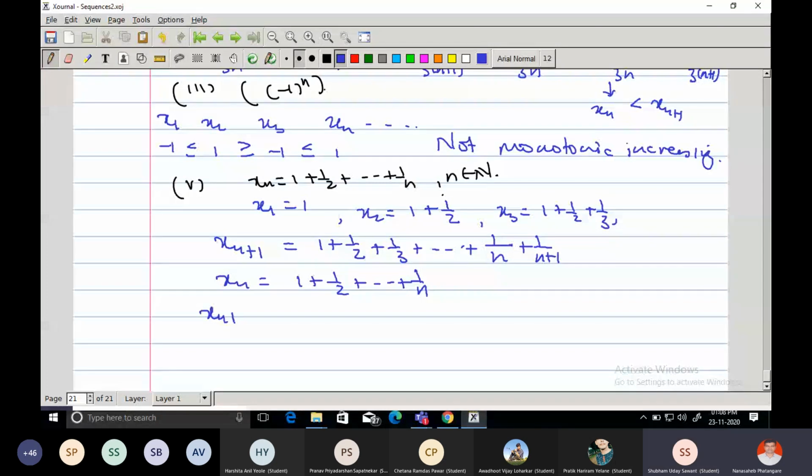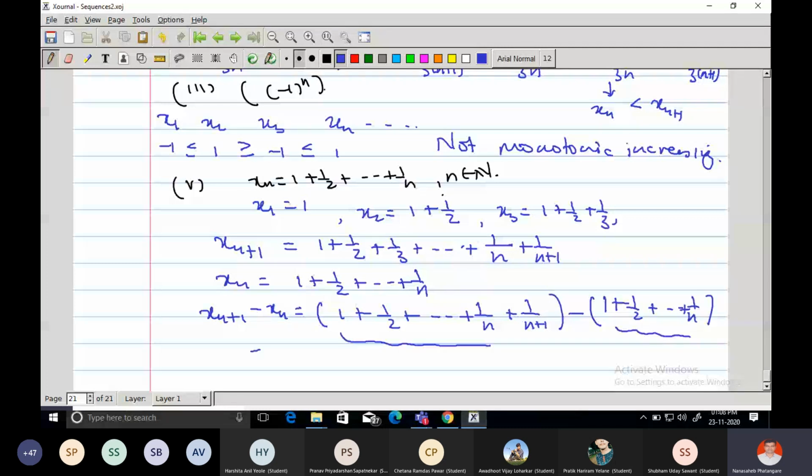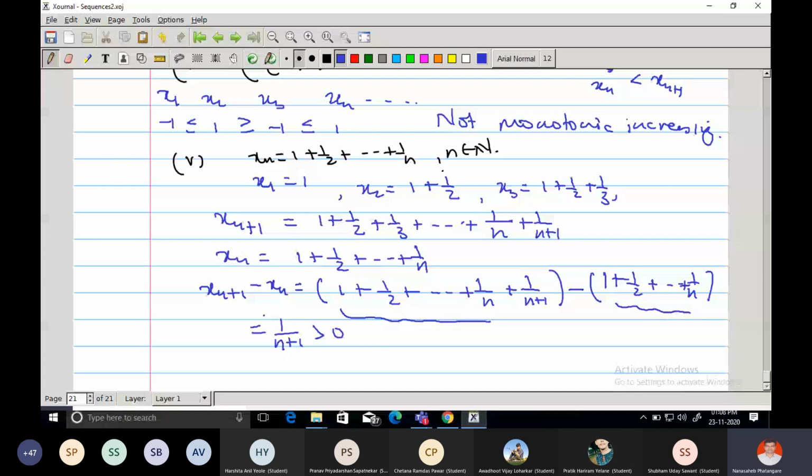Consider xn plus 1 minus xn. So 1 plus 1 by 2 up to 1 by n, the same n I am saying, in both n plus 1 and n, the terms up to 1 by n cancel. What remains is only 1 upon n plus 1, which is a positive quantity. So the difference of two successive terms is a positive quantity, and therefore xn plus 1 minus xn is positive. That means